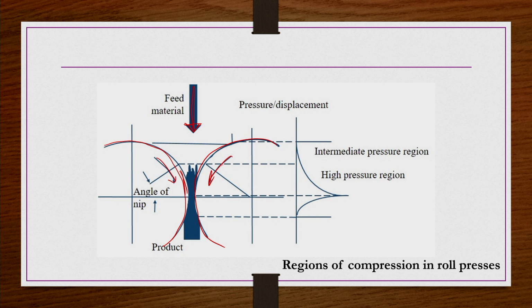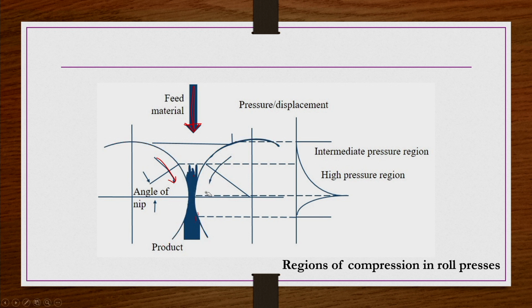These rolls are rotating in the same direction at the same rotational speed, so that there will not be any friction. Whatever material comes in between these two rolls, there is a small gap. The gap is of suitable size, depending on what size of sheets or tablets you want to get out as a product. So depending on that, the size between these rolls is controlled. The material that comes in here will be compressed, and a kind of tablet will be coming out from here, right.